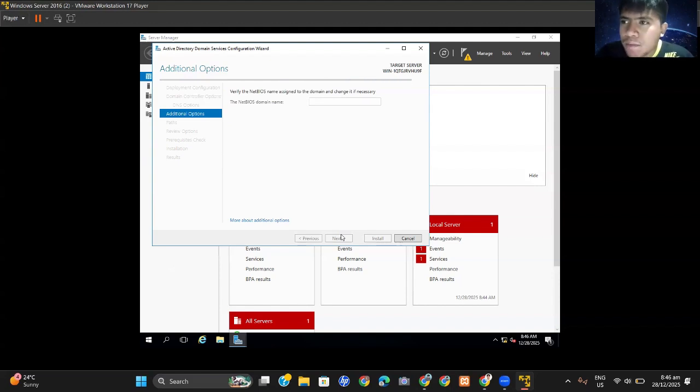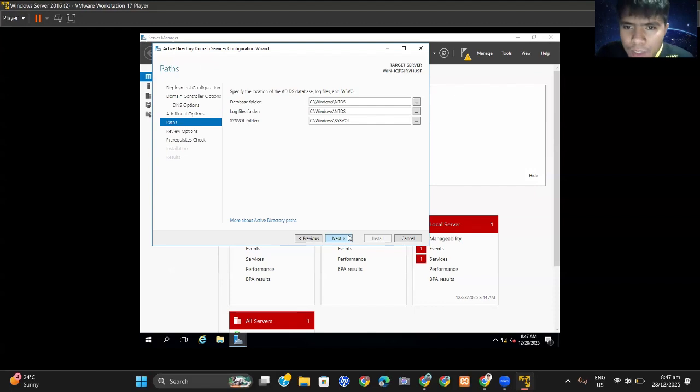The NetBIOS name will also be utilized in the connection of the management of users. So as you can see, it generates a NetBIOS domain which is CSS. So just click next, and it automatically adds the additional option for the NetBIOS. You just click next and configure the essential configurations.